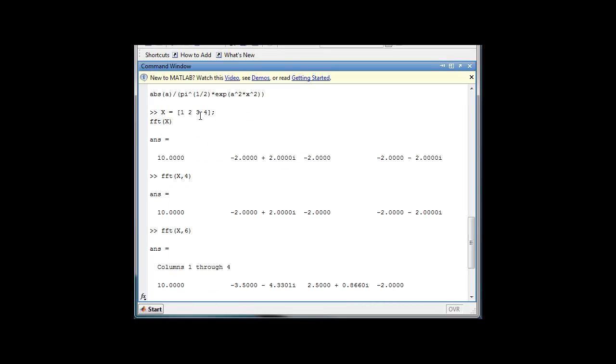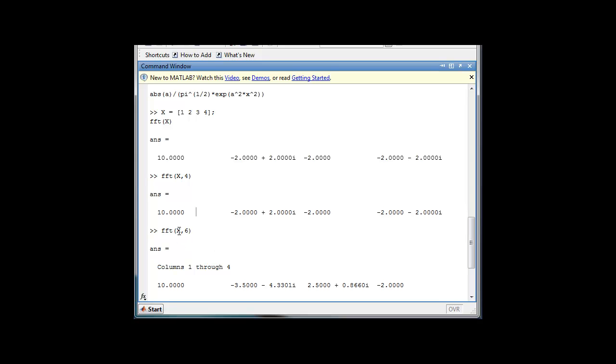For example, see here on MATLAB, I have typed x equal to 1, 2, 3, 4 and fft of x. The output is 10 for the first, for the second an imaginary answer, for the third minus 2, and for the fourth again an imaginary answer. If I type fft of x comma 4, then I also get the same answer as fft of x.